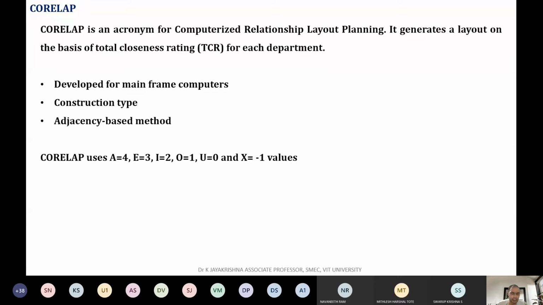Just an example, for you to understand easily. This is how we give the rating. For A we are going to use the value 4, and for X we are going to use the value minus 1. Hope I am clear. If you have any doubt, I will explain. Are you able to understand this? Yes, sir. Okay, thank you. So A means 4, the relationship is strong. X means minus 1 because the relationship is weak. Now you know what TCR is and what values you are getting, the linguistic variables converted to numerical variables. With this we'll start proceeding to the problem.